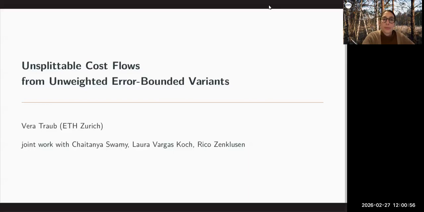Today, the first speaker is Vera Traub from ETH Zurich. She's an associate professor there, and her main areas are combinatorial optimization and approximation algorithms. Prior to joining ETH Zurich, she has been a professor at the University of Bonn, and before that, a postdoc in Zurich. She obtained her PhD in 2020 from the University of Bonn. And for her research, she received several awards, including the EATCS Distinguished Dissertation Award, Miriam Mirzakhani New Frontiers Prize, and the Heinz Meyer Leipzig Prize.